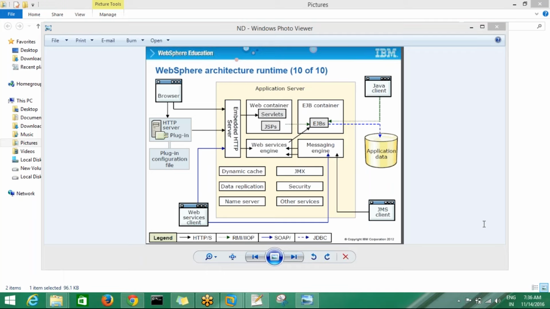Just one question. These protocols, are they standard for every WebSphere? Yes, all the applications should use these protocols. Same protocols. Can they replace SOAP with any other one? No, only SOAP. These all protocols are standard. Got it? Yeah, okay, fine.